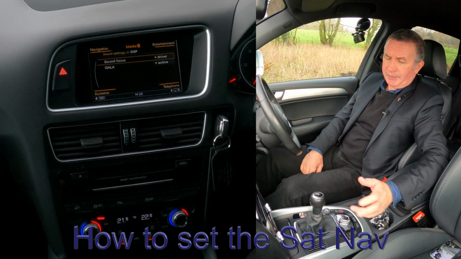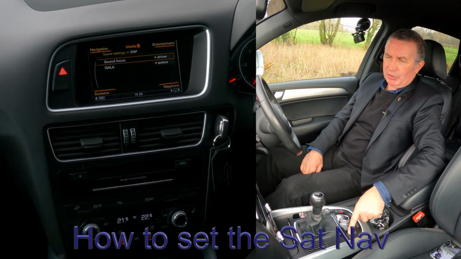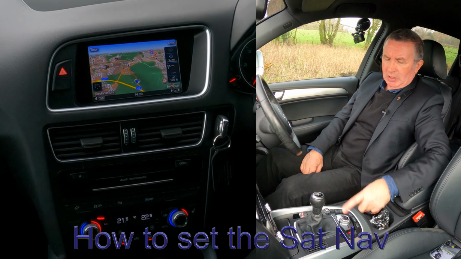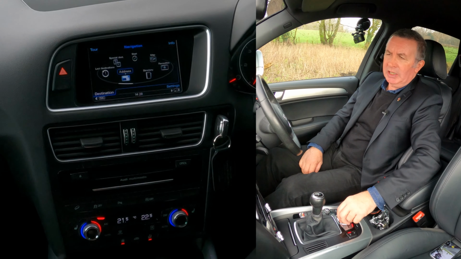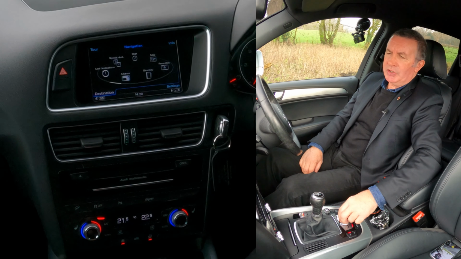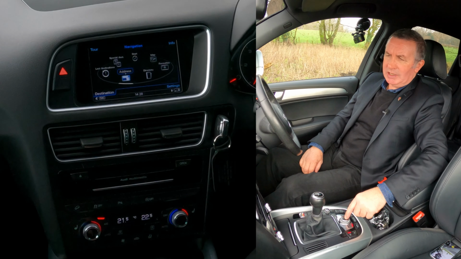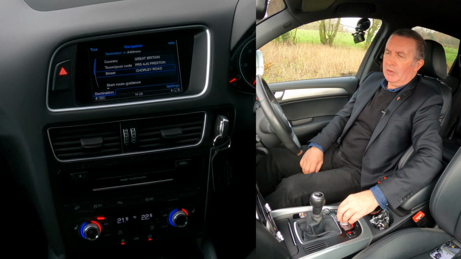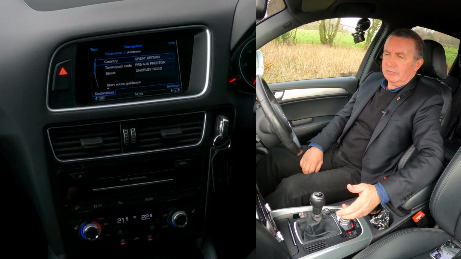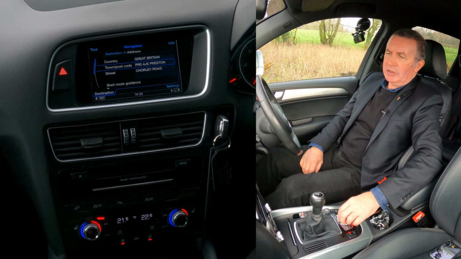Okay, I'll just show you how to set the sat nav in this 2015 Audi Q5. So from any screen we need the nav button here at the top, so nav, and then that's come up on the map. If it comes up on the map, click it again, then you've got this menu and we need to highlight address. So onto address, click the rotary control up to, you've got country, town and postcode and